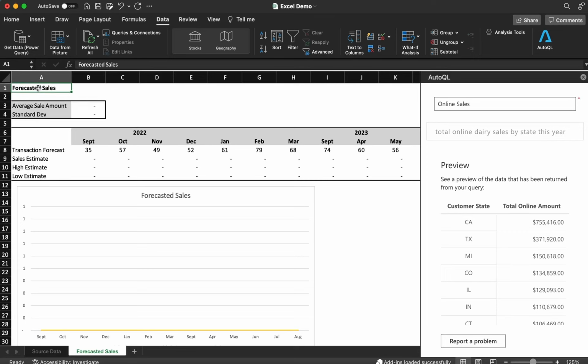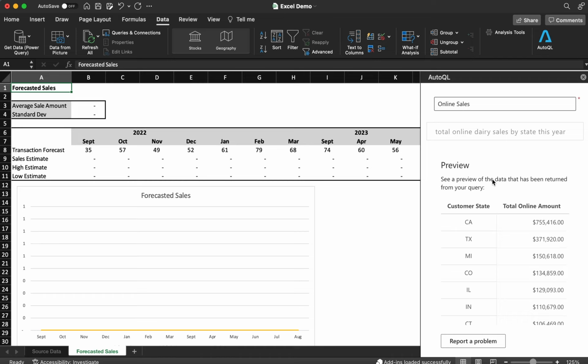Very quick demonstration of how you would use the AutoQL API by Chata within Microsoft Excel. And there's a plugin, as you can see on the right-hand side here. I was already asking some questions, which is accessing a language model trained upon a data warehouse or other data asset. The other thing to point out before I get going is this is the same model that Excel is